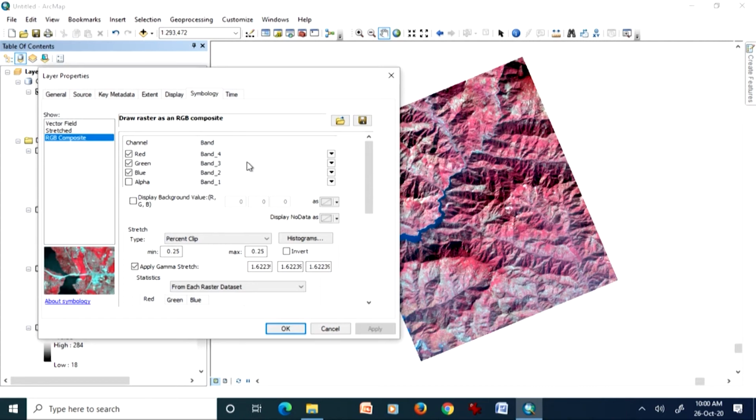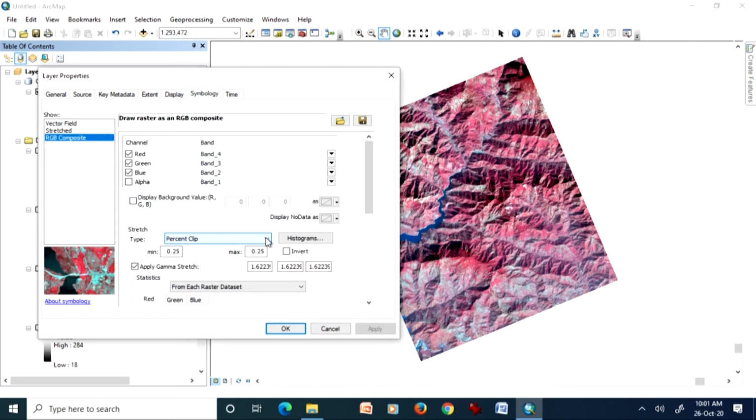When we do like this, we get a standard color composite. Why are we saying standard? Because once it is a standard color composite, interpretation can be done quite easily by many people, because a lot of interpretation keys are based on the standard false color composite. So, it is always good to create a standard color composite rather than combining bands arbitrarily to different color channels.